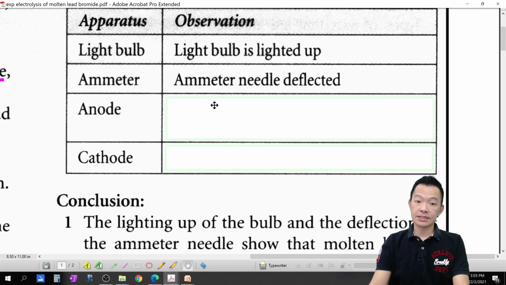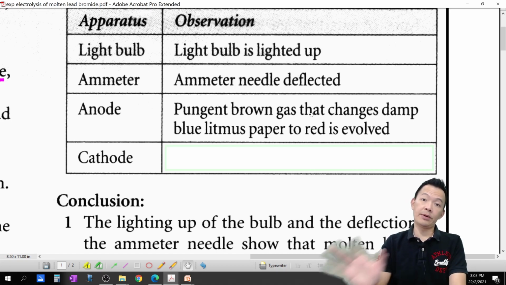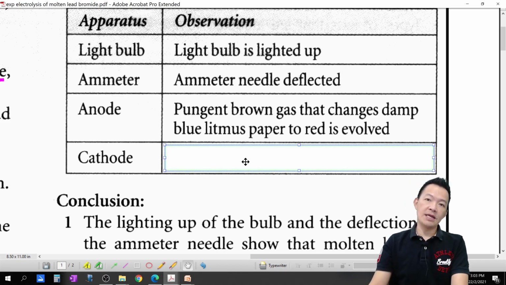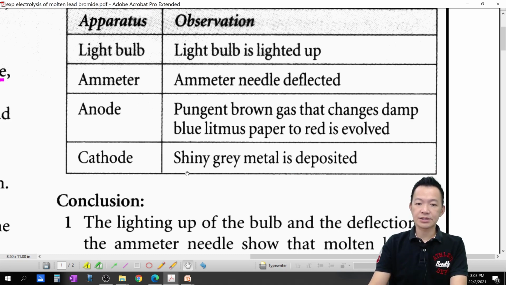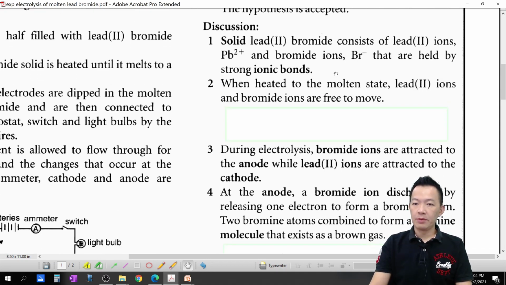Brown color gas release，可可色的 gas 放出来。So brown color gas is evolved and that changes the damp blue litmus paper to red. 一种可可色的气体，味道很浓的。OK，会把蓝色的石蕊试纸呢变成红色，这种 gas 叫 bromine 呢。But don't talk about bromine 呢。如果你观察，你不知道它是 bromine，你知道它可可色罢了，不要提起 bromine 的字。Cathode silver gray 发光的灰了，silver gray shiny gray。OK，metal is deposited 发光的灰色的金属粘。